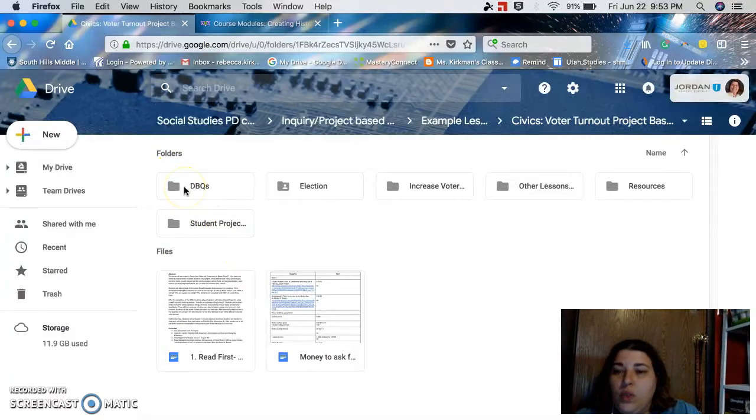We had 2 DBQs that we had the students do before we had them start the project. So looking at voter turnout, because the project was them trying to answer the question, how can I increase voter turnout in my community? And so we had some DBQs. We had some lessons leading up before their project so that they would know kind of what things to look for as well. This is where we have the things to do with the project proposal,